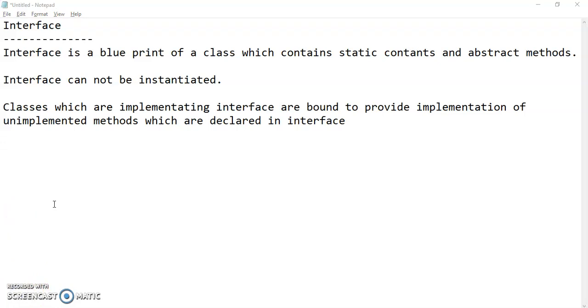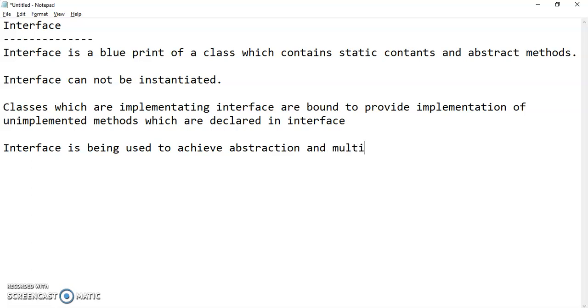So why we are using interface? Interface is being used to achieve abstraction and multiple inheritance.